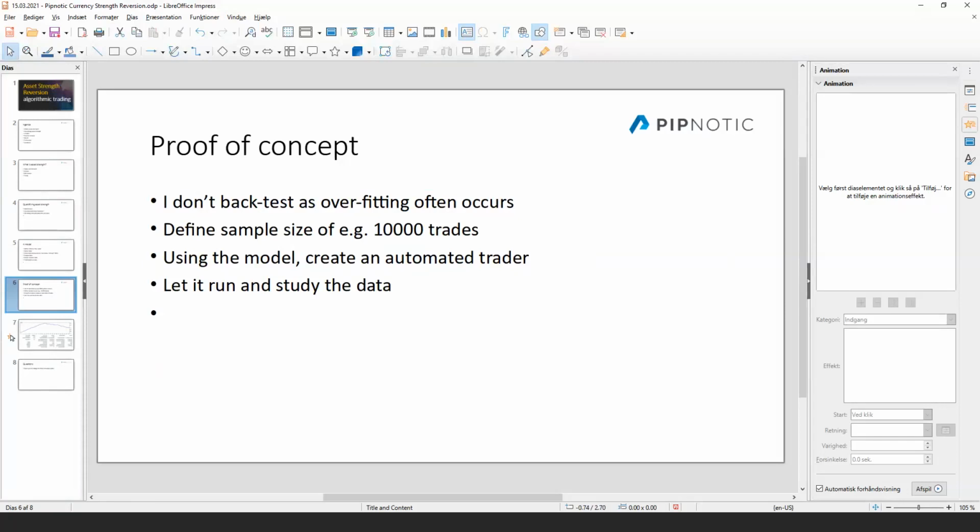And so drawing conclusions on a sample size that is non-substantial or not big enough is a really, really bad idea, because maybe you're sitting on a golden egg and you put it to work for a week or 3 days or 4 weeks, and you have a sample size of, let's say, 150 trades. Well, then this is not going to be a very good sample size that you can use to draw any conclusion whatsoever. And so I like to put it in and have 10,000 trades, because I know after 10,000 trades